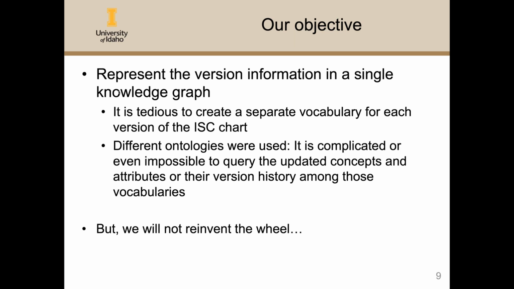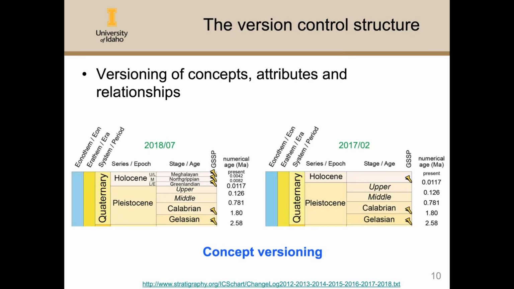So our objective is to represent the version information in a single knowledge graph, but our aim is not to reinvent the wheel. We are going to reuse all those existing ontologies, especially the latest ontologies and vocabularies. We will not add any new classes or new properties, but we just add a very interesting structure to represent the version information. So now let me show you some more background information about the versioning patterns in the